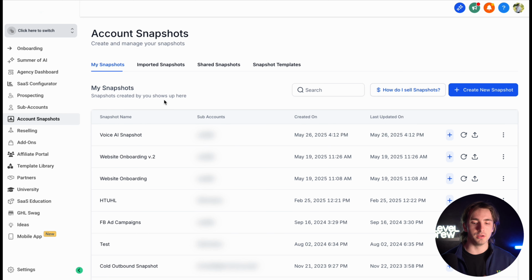And the awesome part about using these snapshots is we can now share or even sell these snapshots to other GoHighLevel agency owners or business owners. If we want to sell this snapshot, then all we have to do is click how do I sell snapshots, and it'll go through how you can create an app in order to sell your snapshot, or you can use a simple website and payment gateway along with your snapshot link by clicking the three dots and then click share snapshot